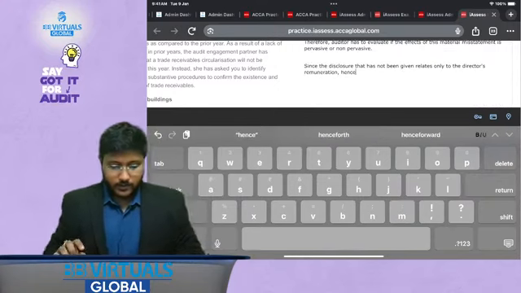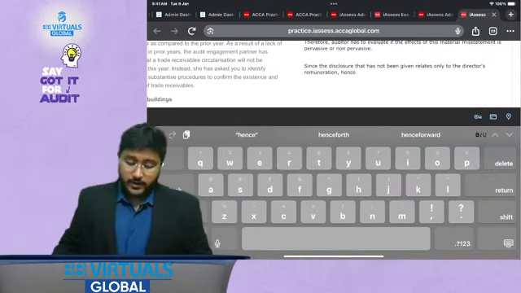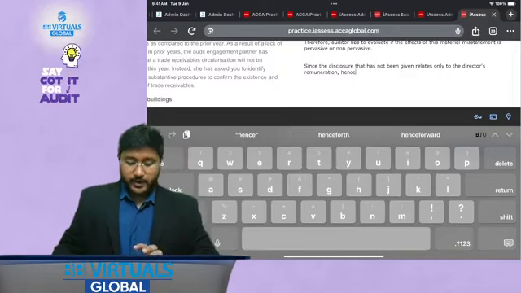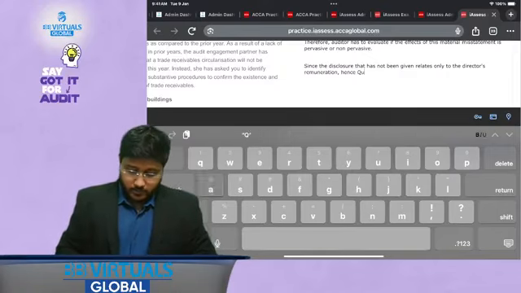Hence, since the disclosure that has not been given relates only to the director's remuneration, hence qualified